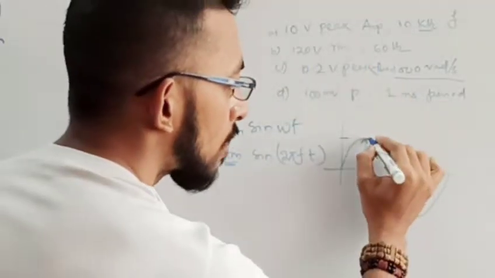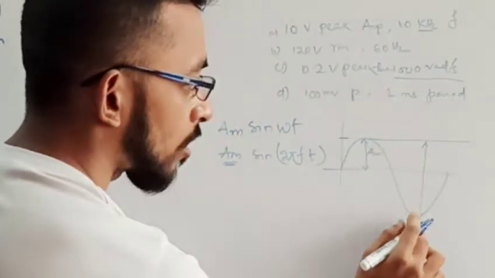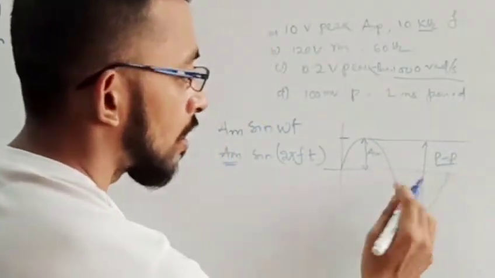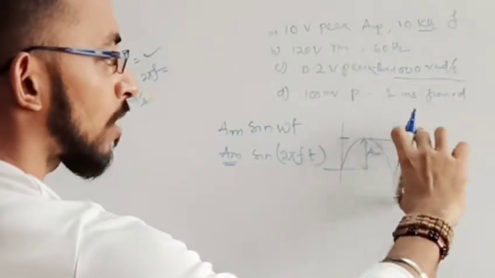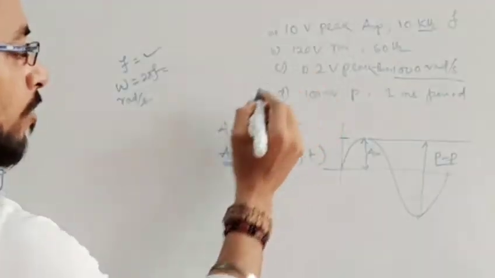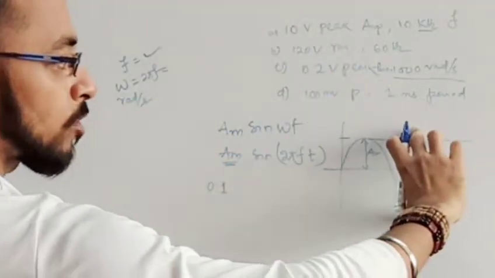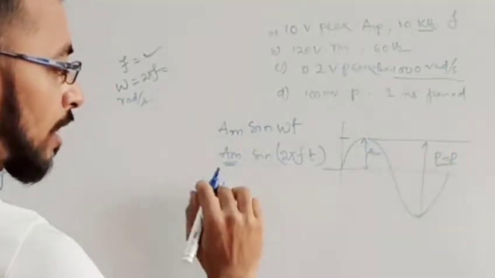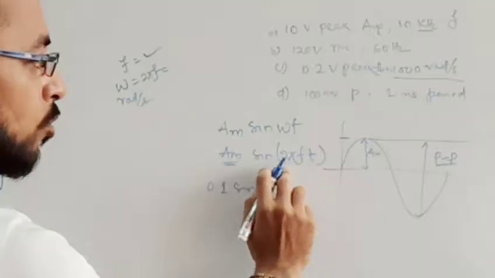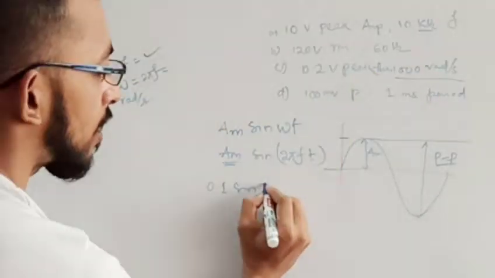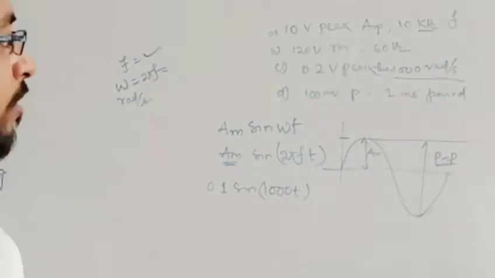What is peak to peak? From one peak to the other peak, it is called peak to peak. So if this is peak to peak, then what will be my peak value? It is nothing but half of this, so half of 0.2 becomes 0.1. This is the peak, because 0.2 is the peak to peak. So this is 0.1, that is the peak value. Sin 2 pi ft means omega t, and 2 pi f means omega, so directly it is given as 1000. Okay, this is the omega value given.